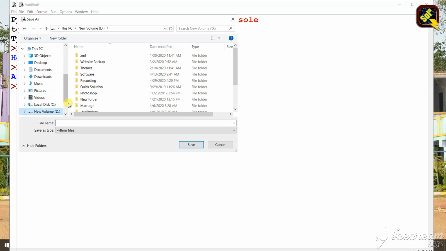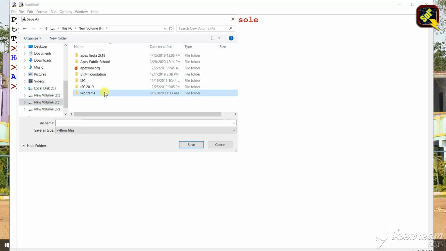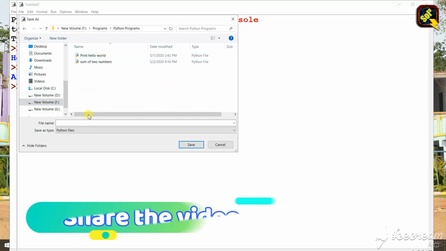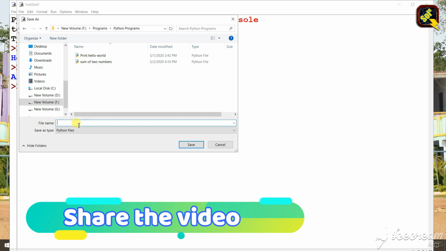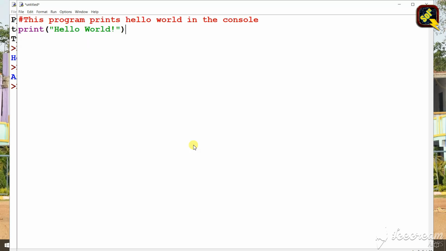Suppose I want to save this program in my program folder, and I give the name p1.py. Whatever file name you want according to the program you can give, but your extension should be .py, and then you need to click on Save. Once you click on Save, your program will be saved in the file.